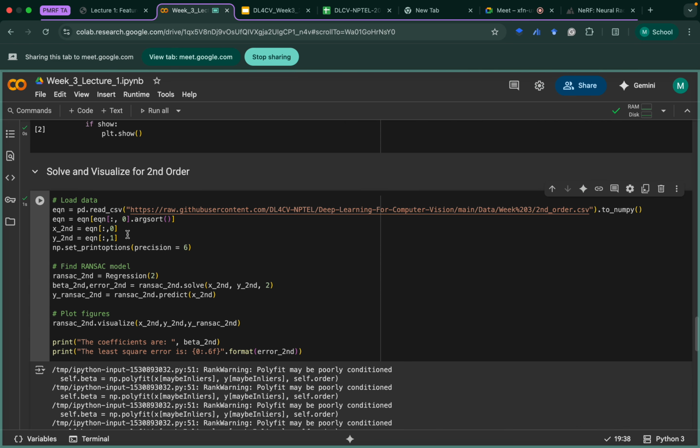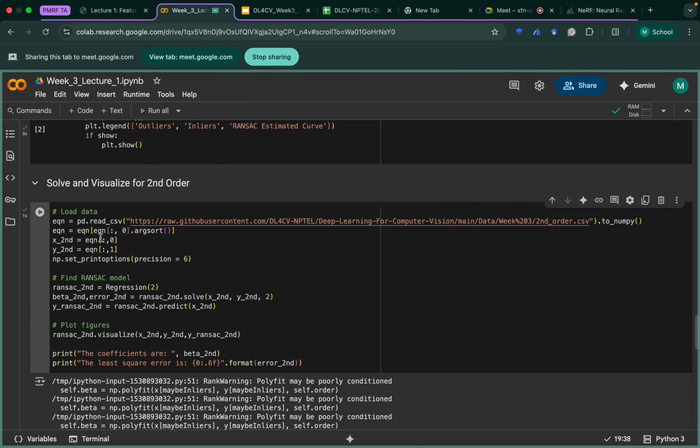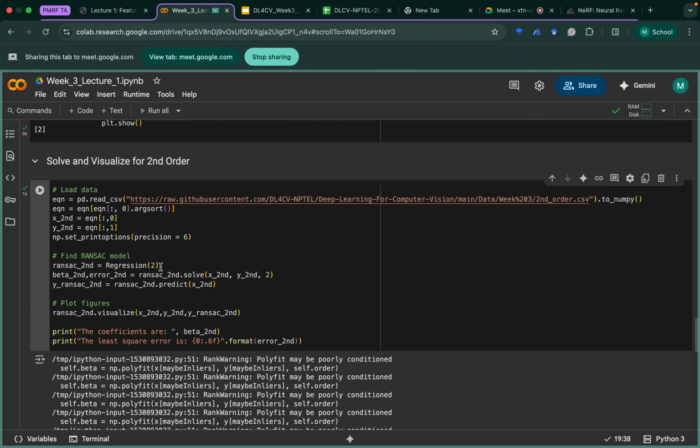So yeah, this is some 2D data set, and because it is 2D, this 2 refers to the order, or I mean the